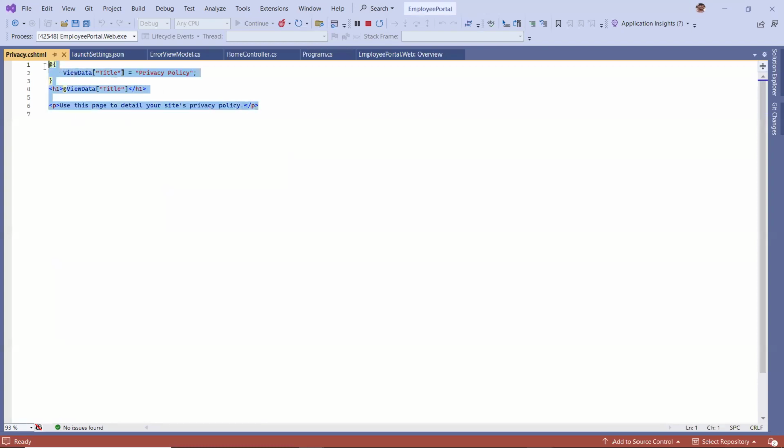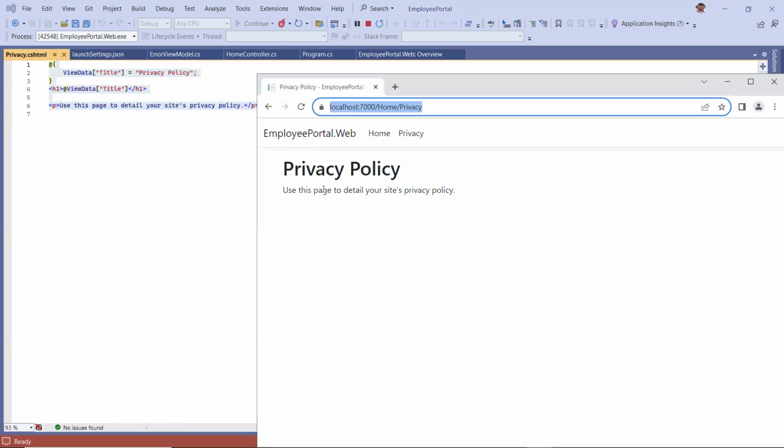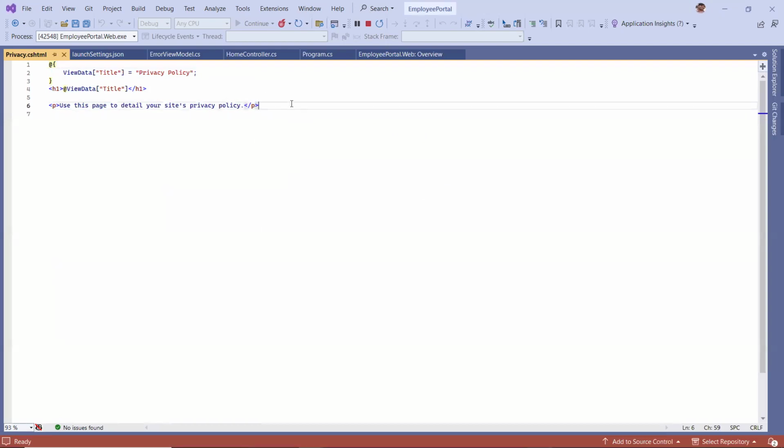This complete view is going to display on clicking on the privacy view, like privacy policy, and use the space to detail your site's policy. So this is the privacy policy title. It is displaying here, and this is the title which is displaying here, employee portal and privacy policy. And you can even change this particular view so that it will display